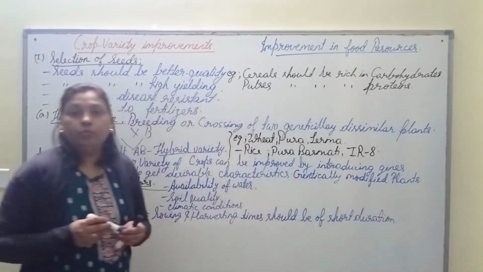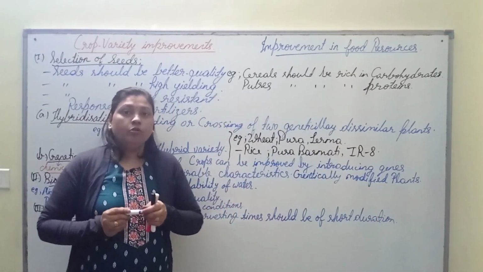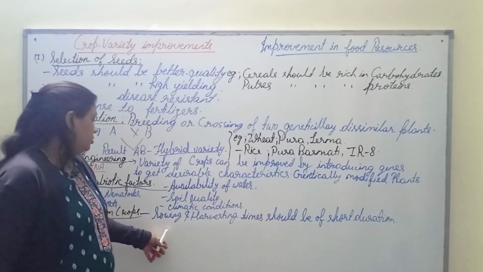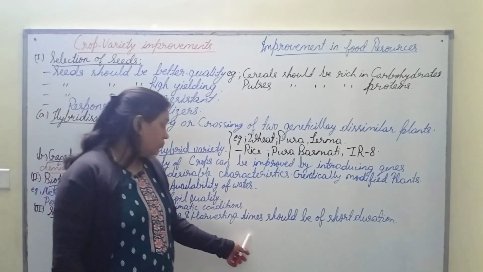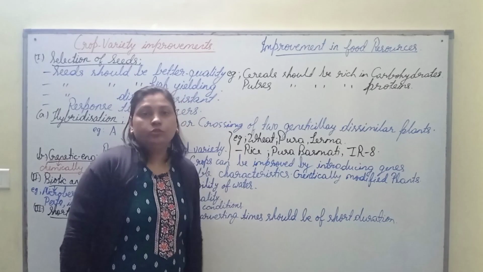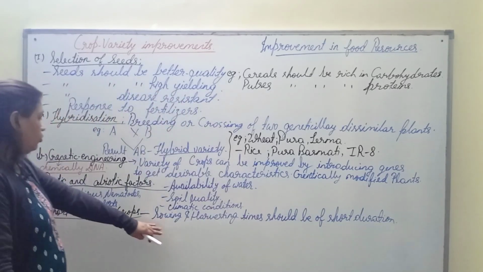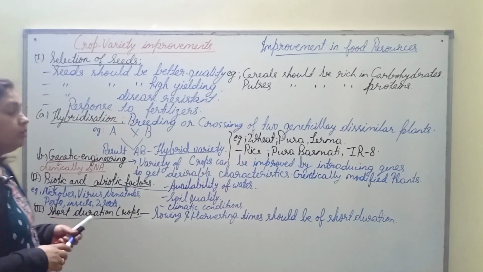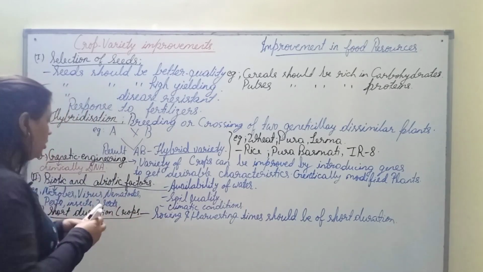So the improved crop variety should be of short duration. Sowing and harvesting time should be of short duration for the improved crop varieties. It will be more economical for the farmers,